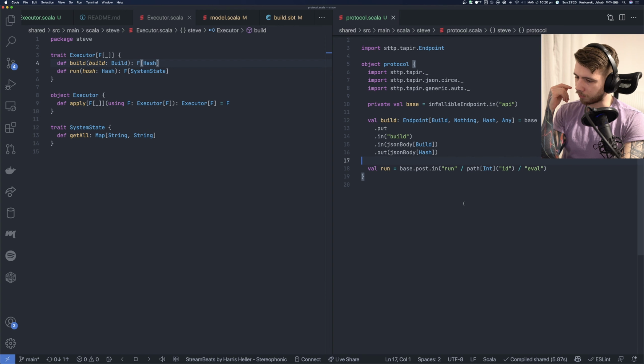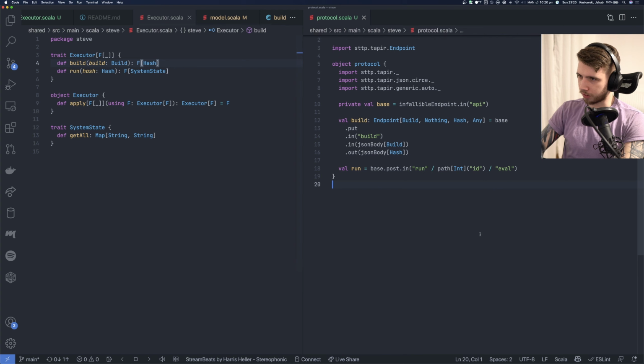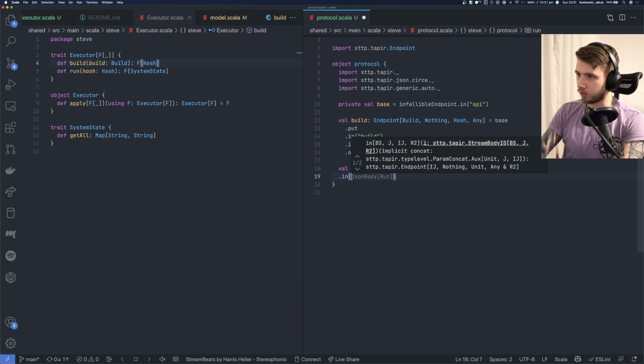I just realized that my head might still be covering this code. Hopefully you saw everything. Anyway, this is what is possible. Like this kind of path parameters, and this ID here is just a placeholder which will be used, for example, to generate the OpenAPI documentation, so that this parameter also has a name, which I think is great. Anyway, we don't need that. We just have everything in the body. That's it. So the input will be JSON body of hash, and the output will be